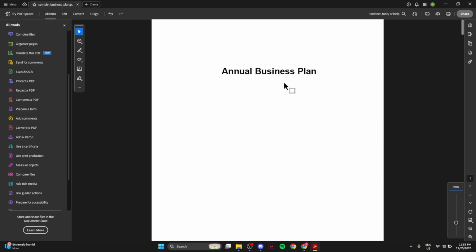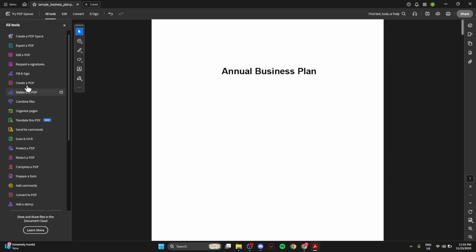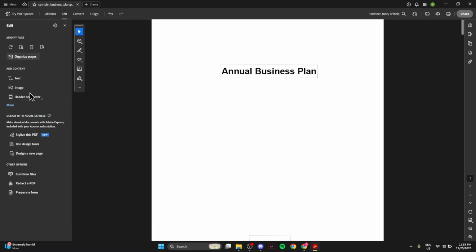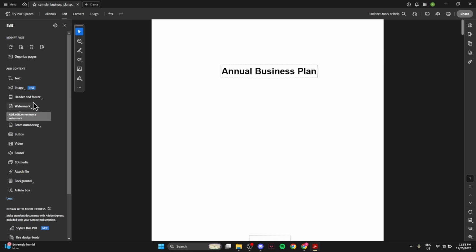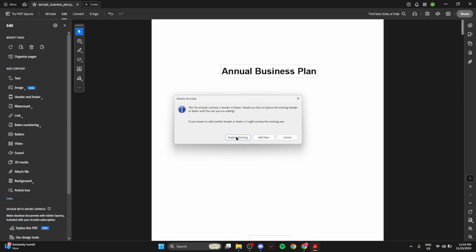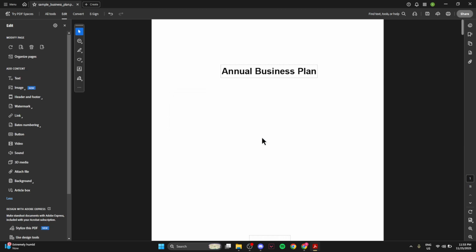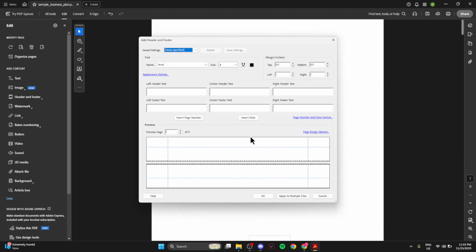Now that your document is open, we're going to focus on accessing the tools you need for this task. At the right-hand side of the Acrobat window, you should see an option called Edit PDF. Click on this to reveal all the editing options available to you. This will open up a new toolbar with many features, but for now, we're going to focus exclusively on adding headers and footers. Within the Edit PDF section, locate the Header and Footer dropdown. Here you'll find various options, but since we're interested in adding new elements, click on the Add button. Doing this will open up a new dialog box where you can start customizing your headers and footers to your